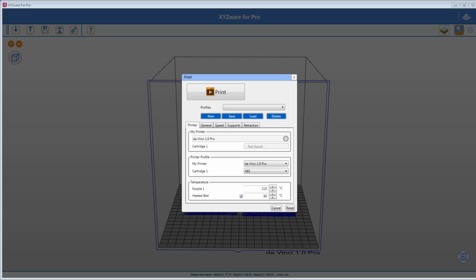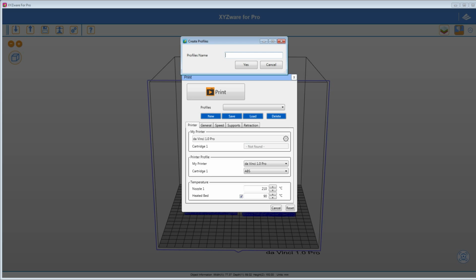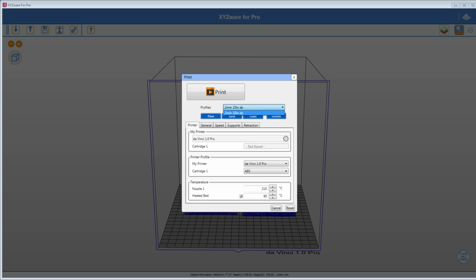Going back into the printer settings, you are able to save this setting. For example, I can save this setting as, let's just save it as 0.2 millimeters 10 infill. One thing, guys, you can see there is a lot more space to type in, but these are really short, so you can't put a lot. So let's just do 10 IN ABS, and I can't even type in all the way ABS. But if you type in yes, it will save your profile, so you guys can always go back into your default profiles. When you guys are ready and your machine's connected, just press the print button,